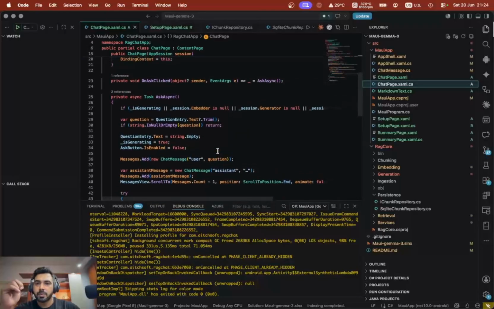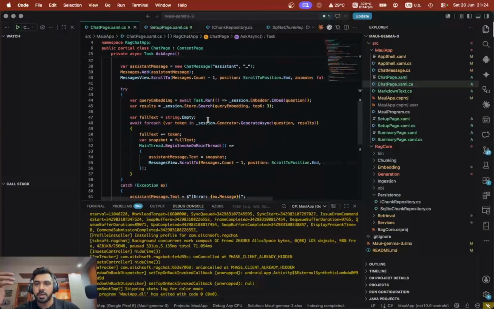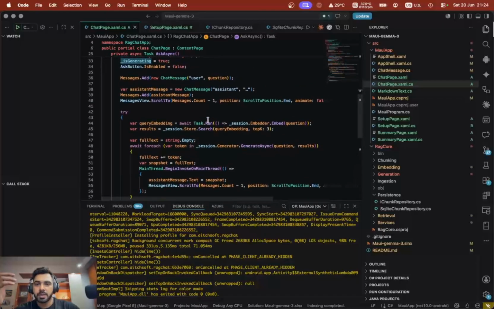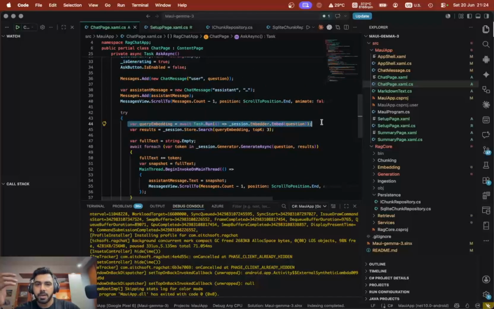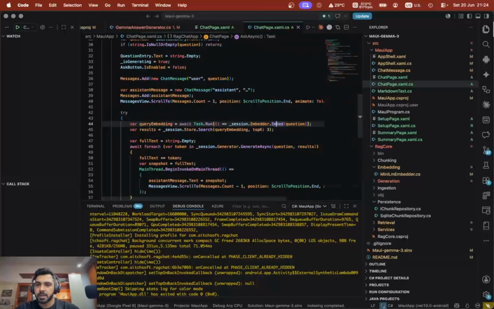As soon as you ask something, it checks whether it's already generating and so on. This is not important at this point. What is important is here. If you look, we basically embed our text as well and convert it into vectors, and then later on